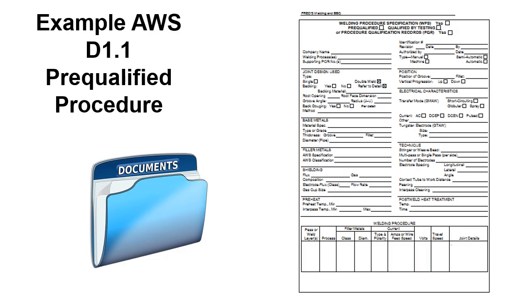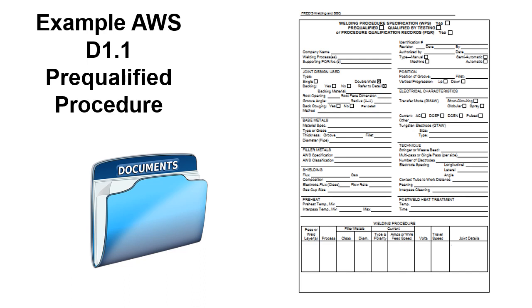Here's an example of an AWS D1.1 pre-qualified weld procedure. You can see this is the standard form. You can get it out of the AWS D1.1. You can use another format. You're not stuck with this one. This is just kind of a general run-of-the-mill